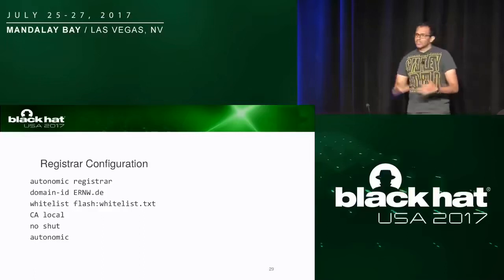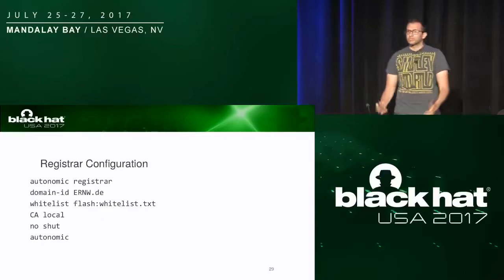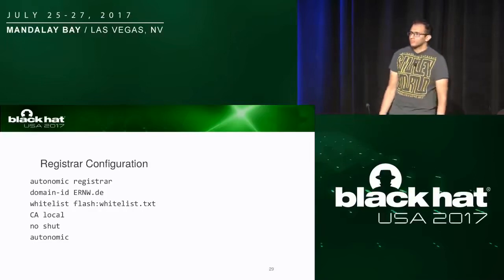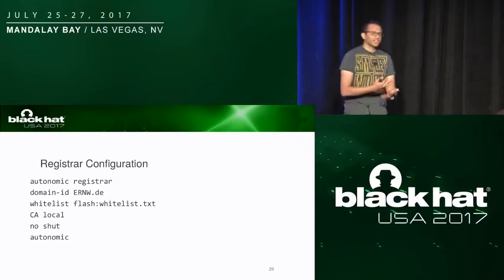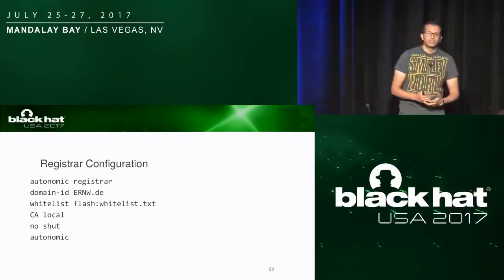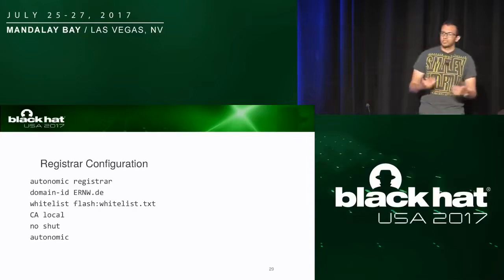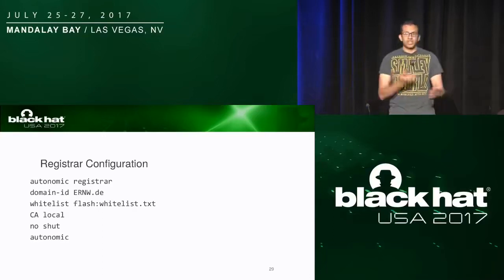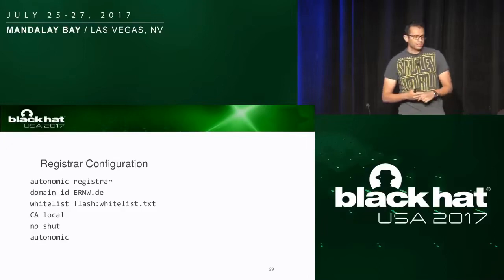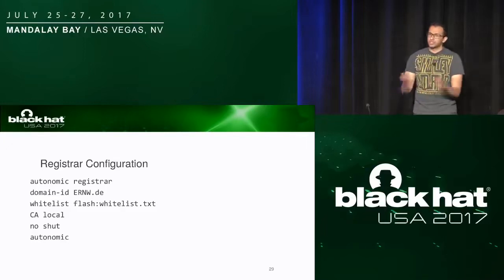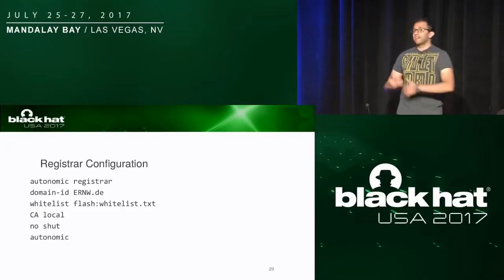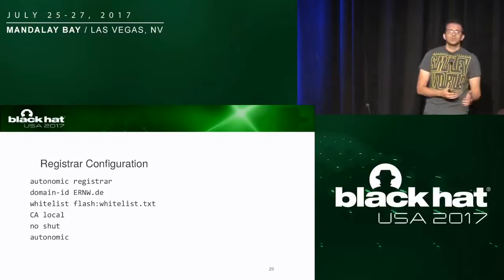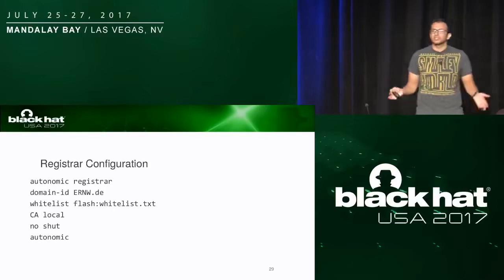Yeah, so we said that we need 5 commands just on the device. So what are these 5 commands? As we said, we need to say what network we support. So we start by identifying, saying, well, this is my domain ID, and there is an optional command which is the whitelist. If you don't put the whitelist, then you will accept all devices. After that, we will say who will be the certificate authority which will issue the certificate. Will it be the same device, my register, or do I have an external one? If I have an external one, all I will put here is just the IP address of the other certificate authority. And that's it.